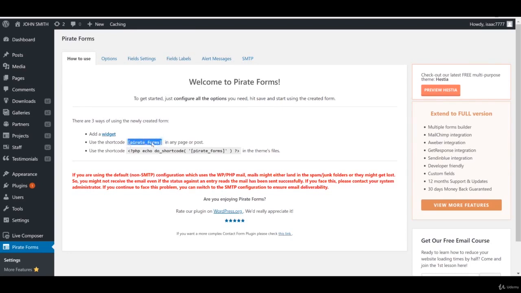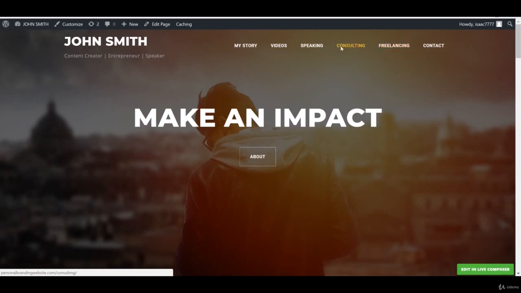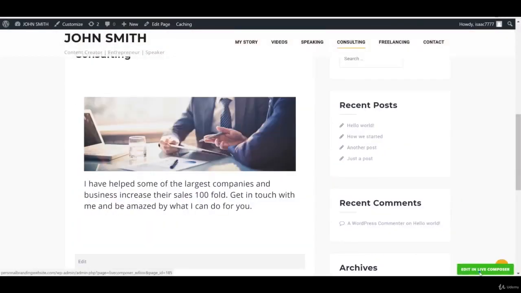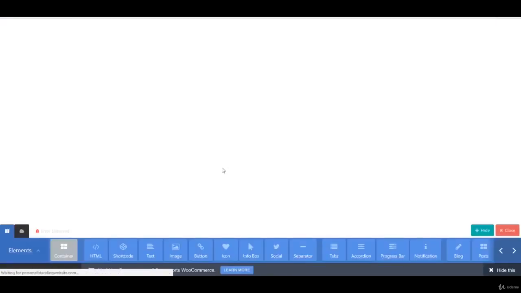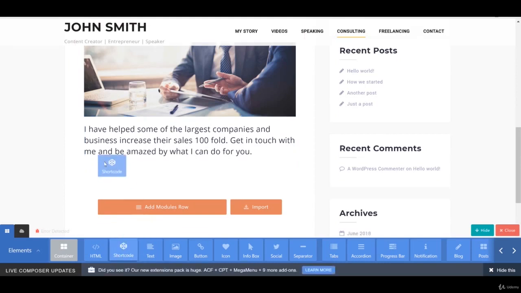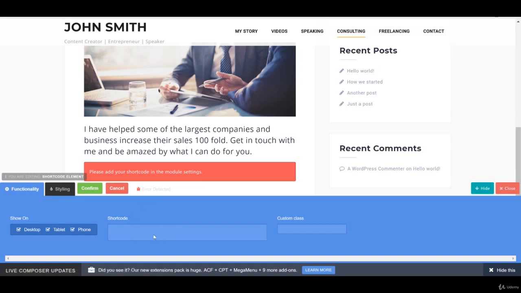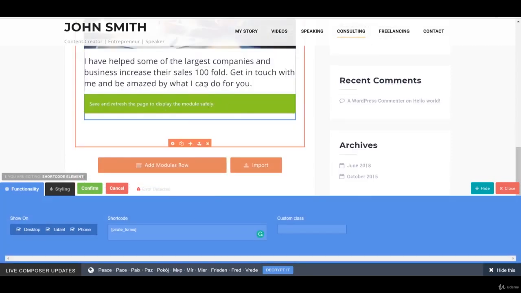So if we press Control C and go back to our site, and go to consulting, we'll go back there and hit edit in Live Composer. So bring back up this awesome little composer, and once it loads, we're going to drag in this button called short code. So we put that there, and we click on the module, and it's going to show a little section that says short code. So all we do is press Control V and put in that short code that we had, and we simply click away, and it's going to tell you to save and refresh the page